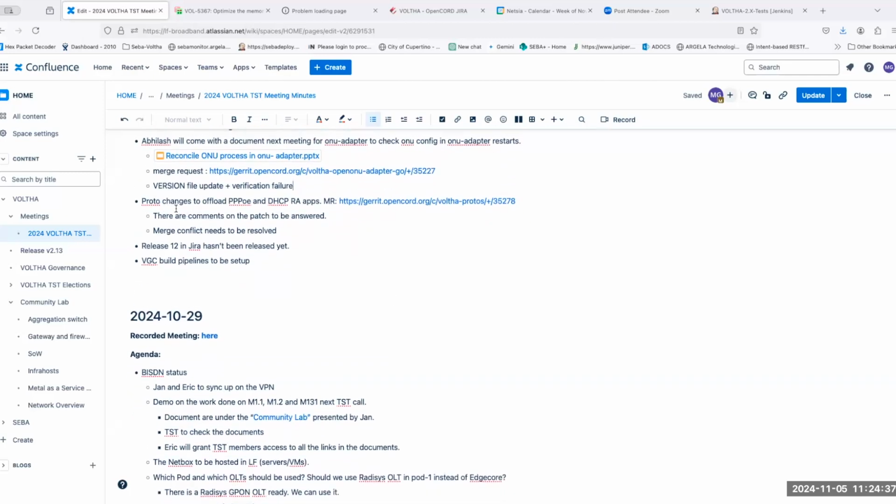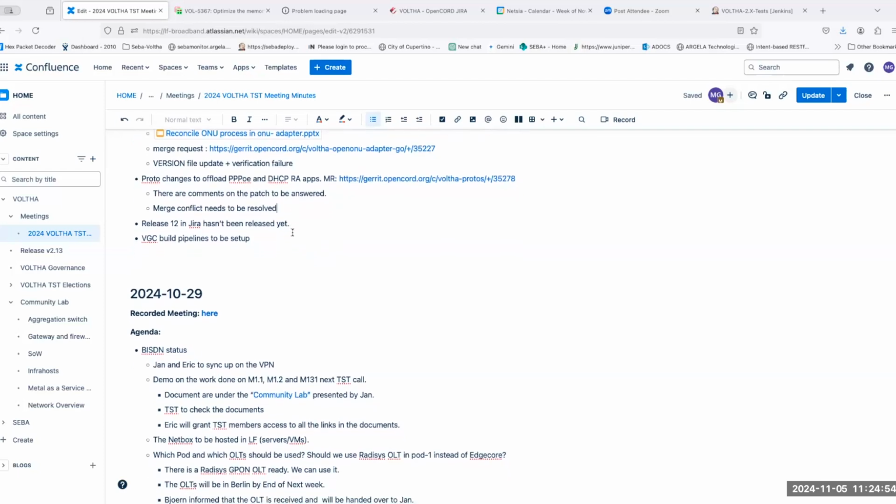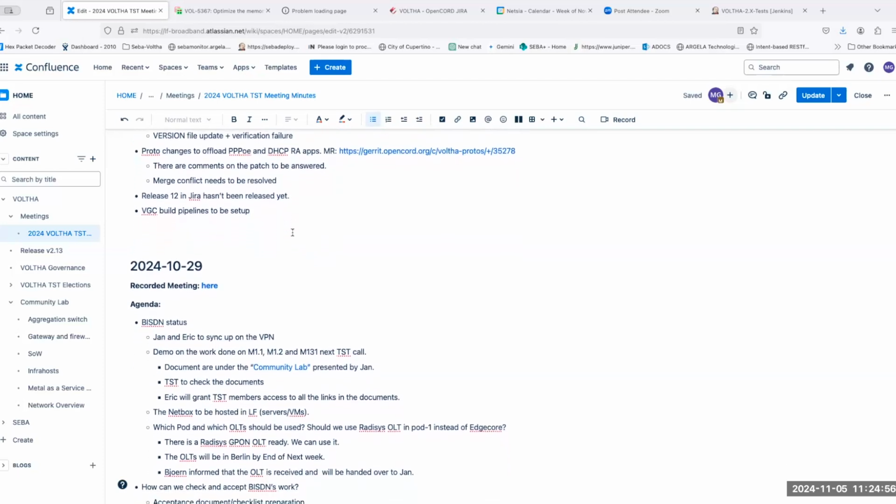In the previous meeting, this proto change about offloading the applications to the OLT, there are merge conflicts that need to be resolved there, and if you can take care of it, we can continue to review it also. Yeah, sure. I'll resolve the conflicts.